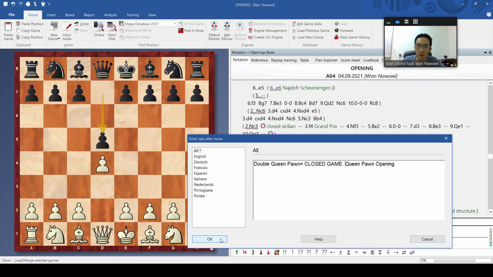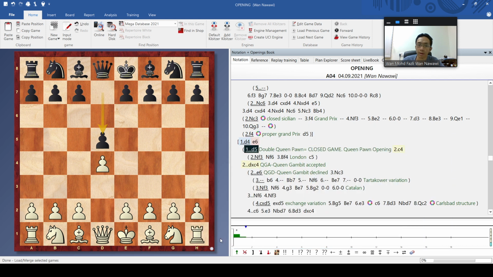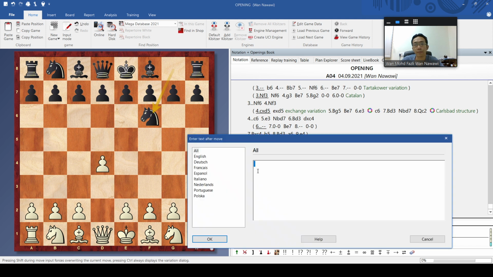And then when you respond with something other than D5, for example the Indians, with Nf6, the most popular, they call it a single queen pawn opening. They classify it as a semi-closed game.